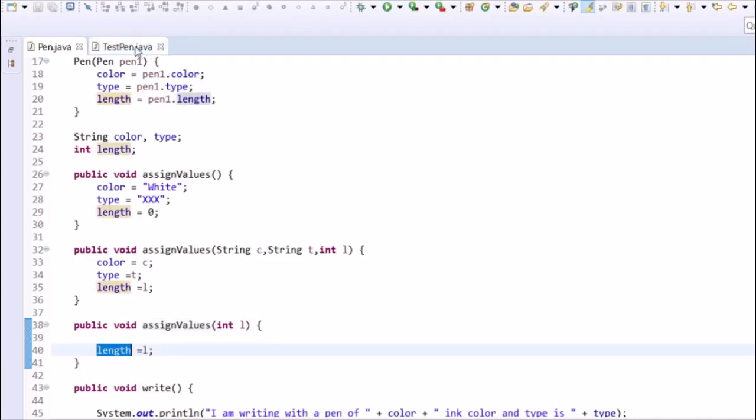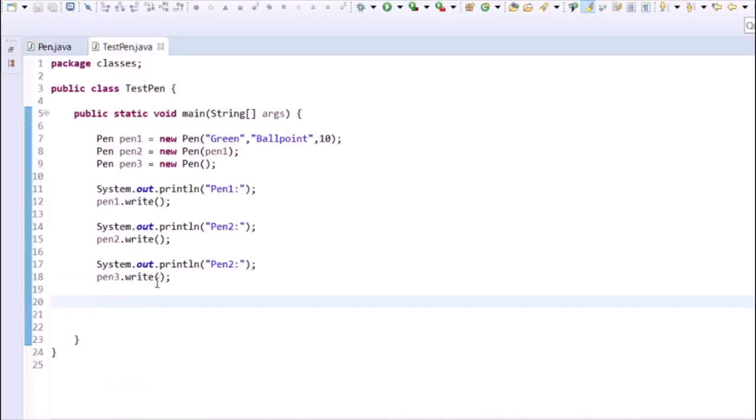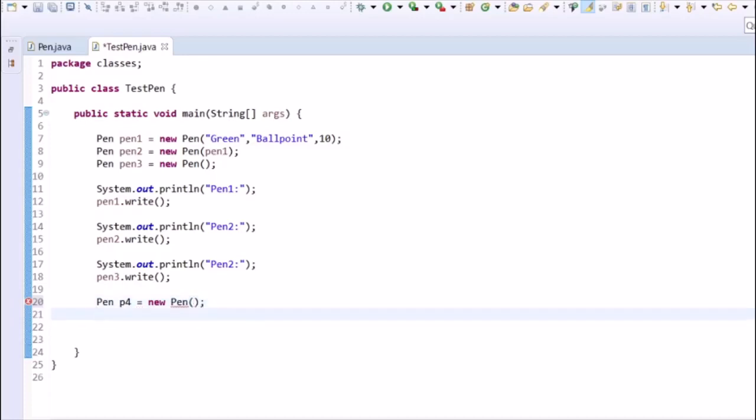Now let's try to call these methods. Now we'll create pen p4, new pen, p4 dot assign values.